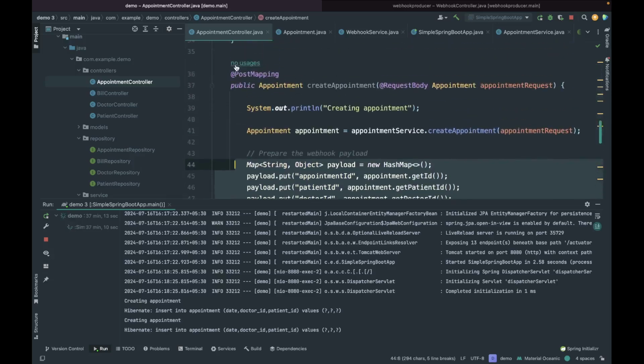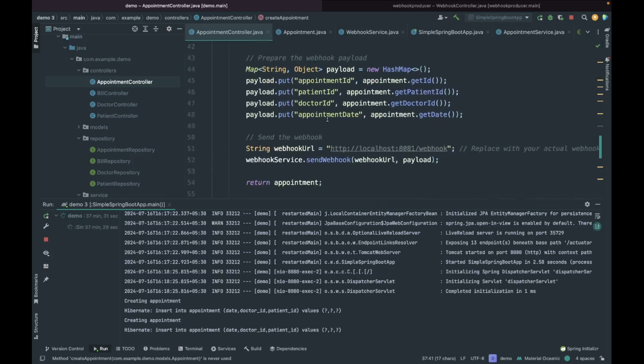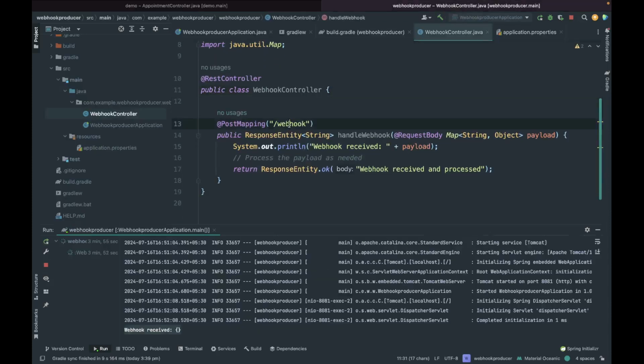So what will happen is the responsibility of this controller is to make sure the request goes to the service layer, saying that you need to create a new appointment. And not just that, the responsibility is also to send a successful notification, or the event data in this case, to the unique URL, which may do something on top of it. When this URL gets the notification that the appointment is successfully created, it may do anything with it. That depends on the use case. I am not defining it over here.